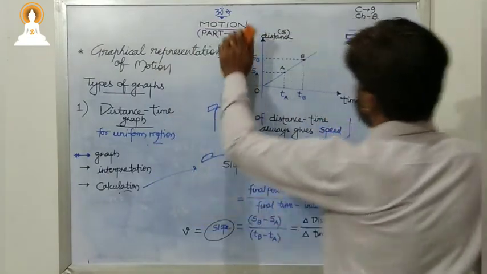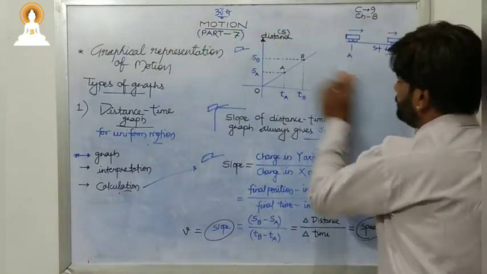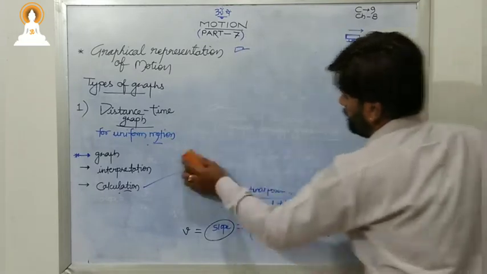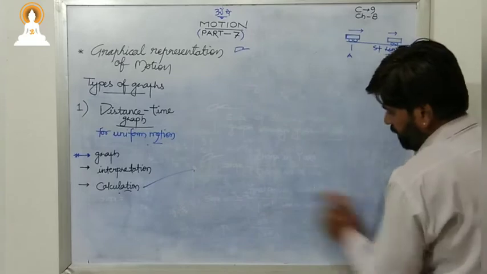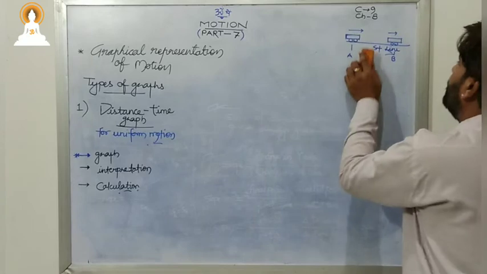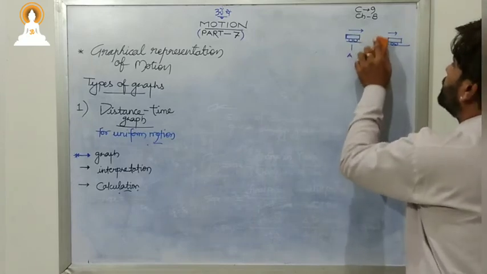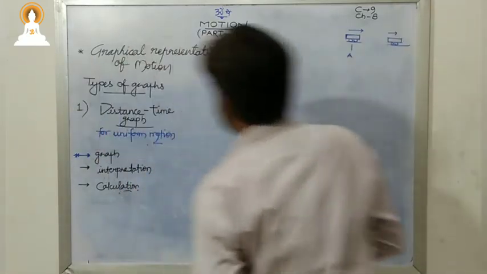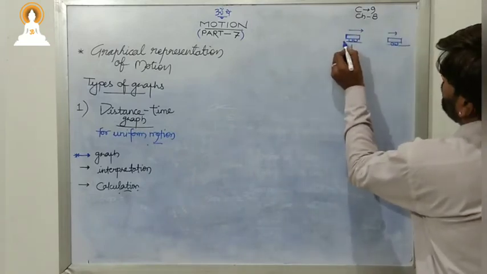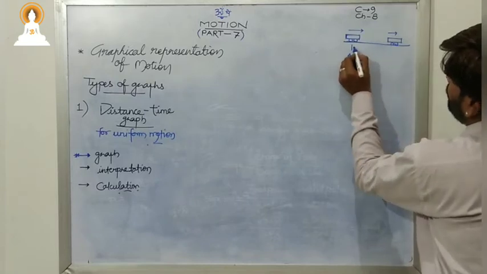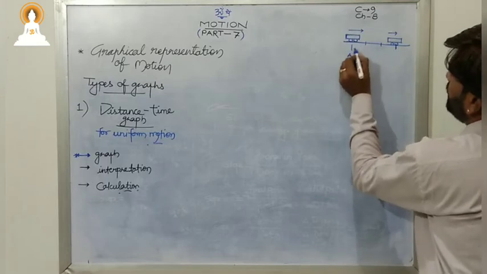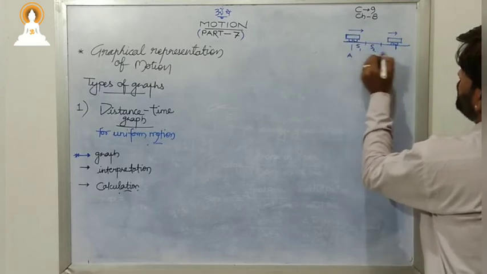So let us take non-uniform motion. Now non-uniform motion means what? Which type of motion might that be, sir? Again, in non-uniform motion we will have a different graph, and according to that the graph will come like this. Suppose the object is moving over a straight line, but for different intervals of time the object is covering a different distance. This is S1, this is S2, this is S3.